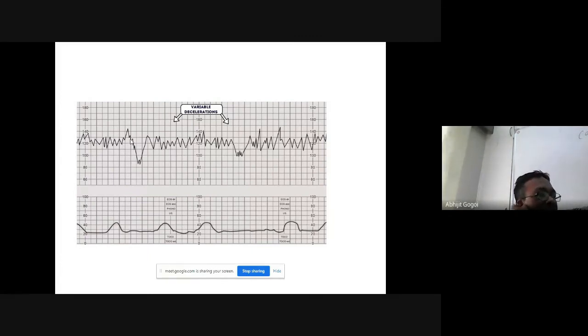Then find the acceleration, find the peaks. These are accelerations. Find how much it has gone to the peak from your baseline. Your baseline is here, we already noted it at 120. The peak is at 144 like that, so it is a rise of around 24, 25, lasting around 15 seconds. So variability is okay. Then find the acceleration, then find the deceleration, and then you write.